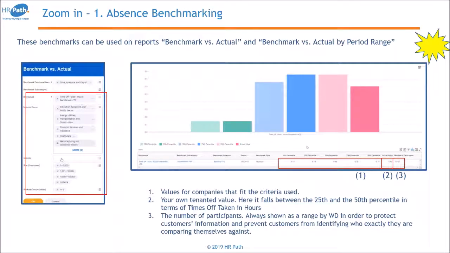So this is what the benchmark looks like once we have run the benchmark versus actual reports that you can see on the left. So you just choose the elements that you want to integrate in your comparison. So you choose the benchmark, then you choose the industry group. Here, for example, you can see education, nonprofit, etc., the type of industries, the size, and you can also choose